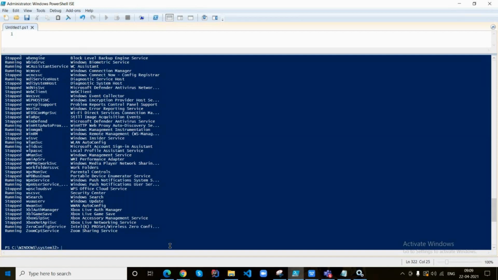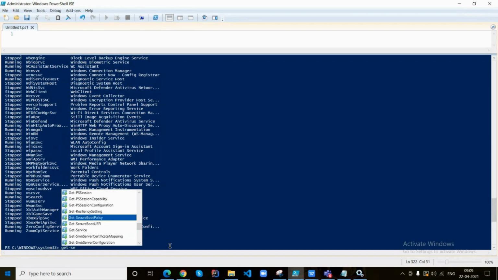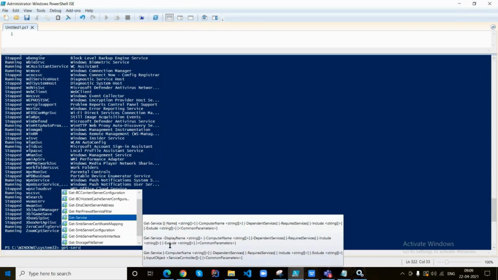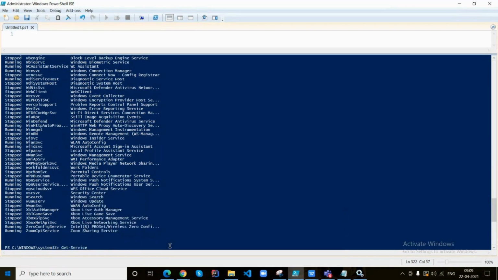So how do we do the same? Now Get-Service, pipe symbol, and now we need to update the filter using Select-Object. Type Select-Object.